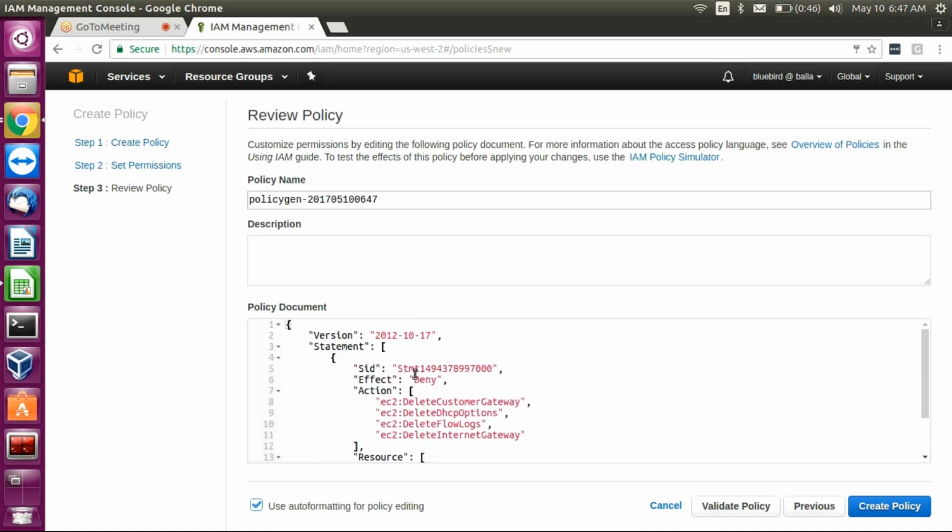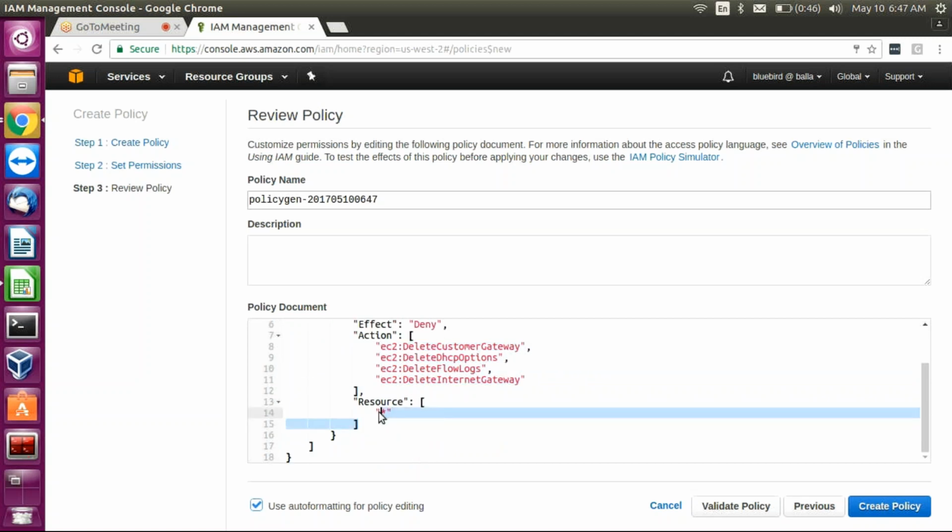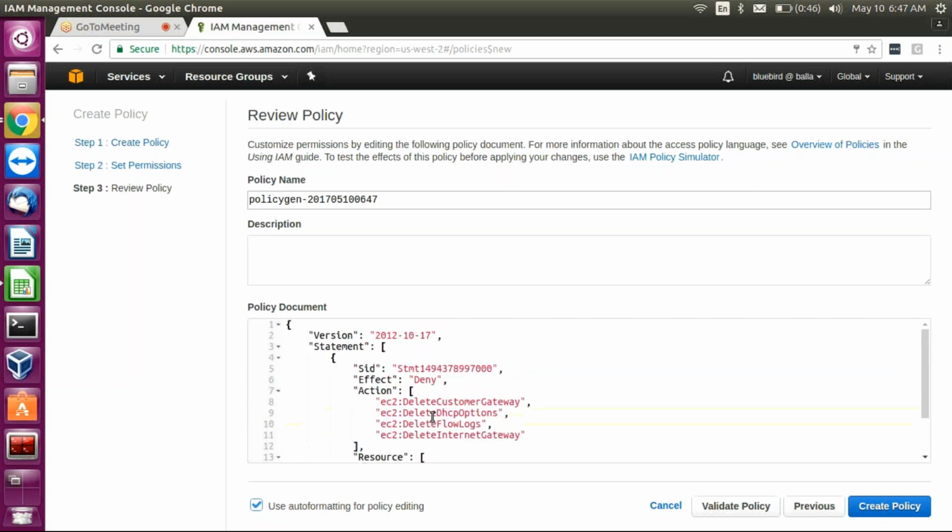So what my policy does is it denies the process. So if it's too easy to, and you attach this policy